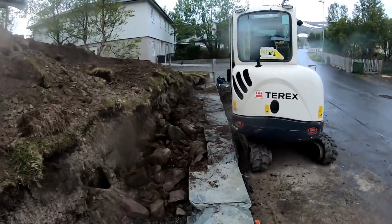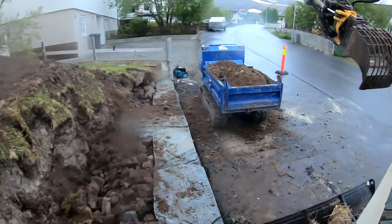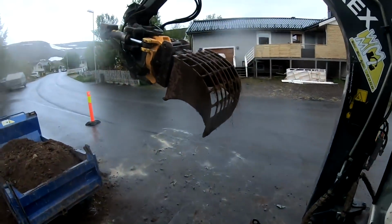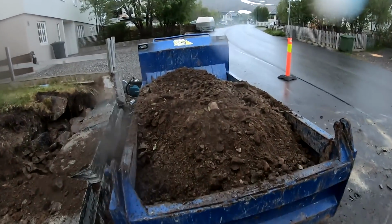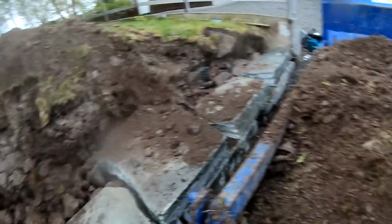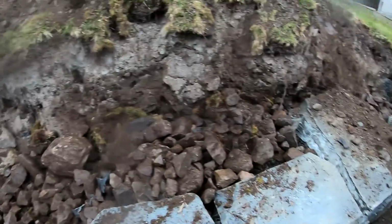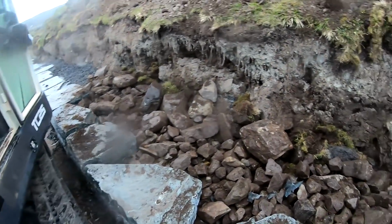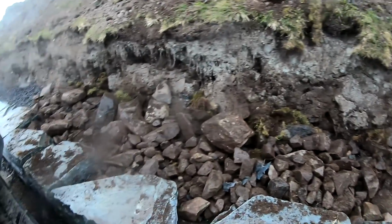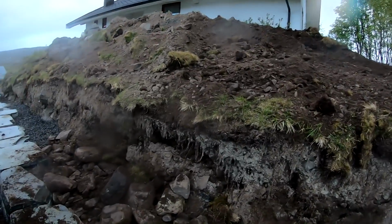Right now I have my homemade bucket on that is sorting out the rocks, and you can see this is the product I don't want. It's just dirt and small rocks, and the rocks I want, and not so much dirt in here, because that will make the frost push the wall out. I just want rocks, so now I'm putting rocks that I'm sorting out of this excess dirt,